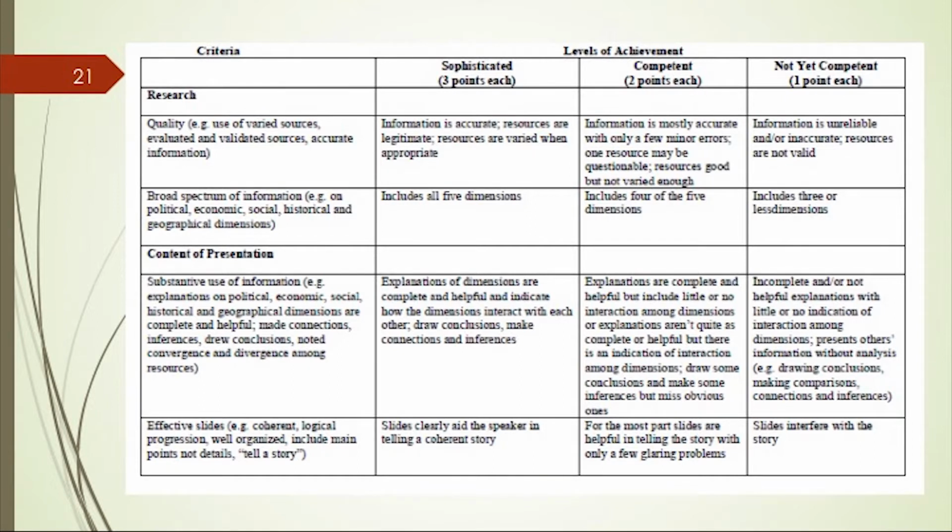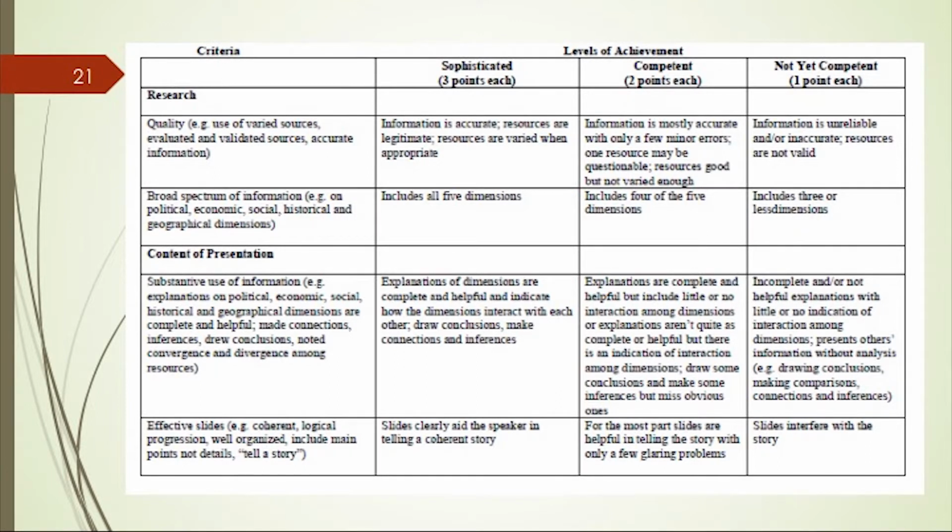Now, to differentiate this from the middle level or the competent level, as you would read, the information is mostly accurate rather than accurate, with only a few minor errors, and includes 4 or 5 of these dimensions rather than all the 5 dimensions. Whereas when it comes to poor, it includes 3 or fewer of these dimensions. So this is what I was referring to, being very specific and clear on each of these descriptions for each criteria. The benefit here is, if you give this to students 2 weeks in advance when they are